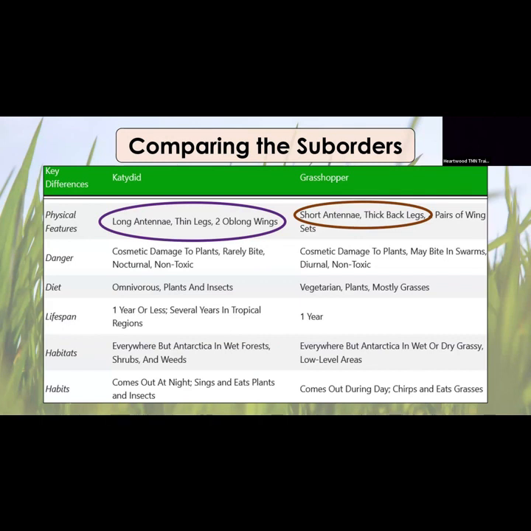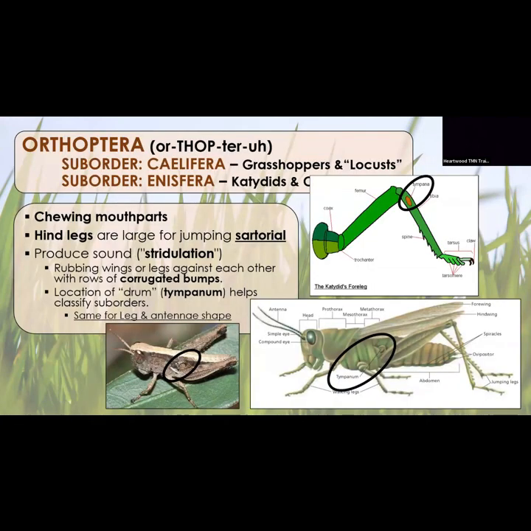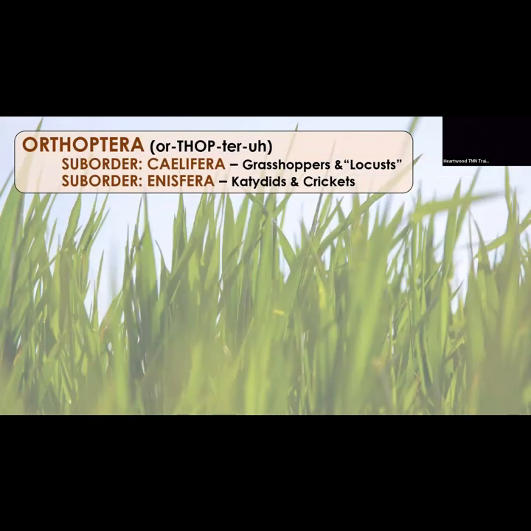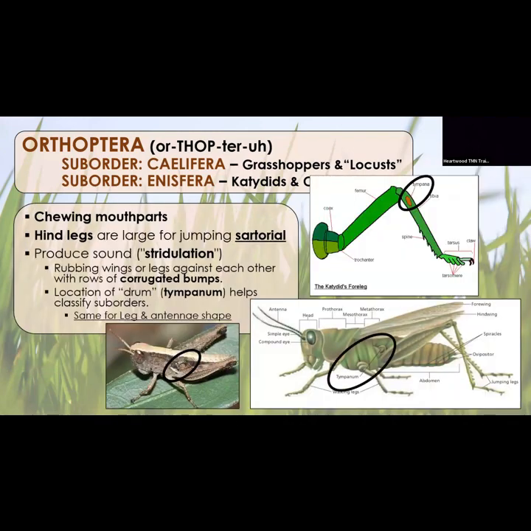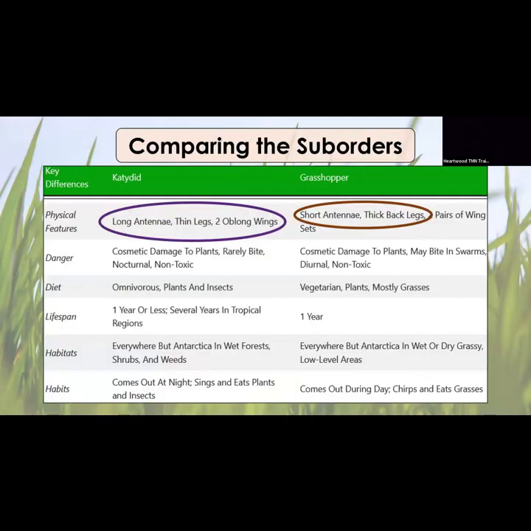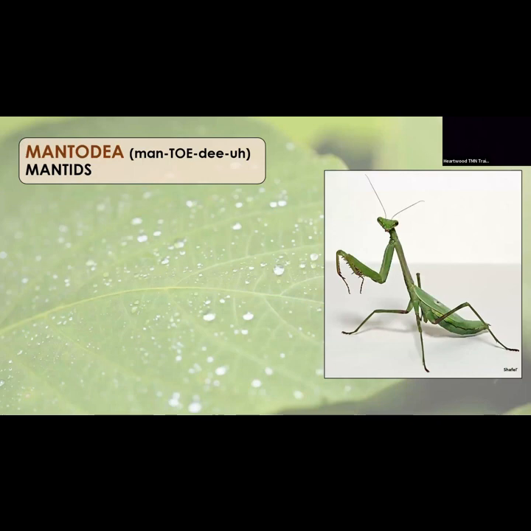So the difference between katydids and grasshoppers: there was one obvious difference, right? Here, you've got the long skinny legs and those fat legs. And then it also comes down to a couple of other things. Length of antenna: katydids have really long antennae. They tend to be nocturnal, but you'll easily find them during the day. But grasshoppers are definitely more diurnal. Katydids are omnivorous, while grasshoppers are vegetarians. So katydids will be predators of other insects.